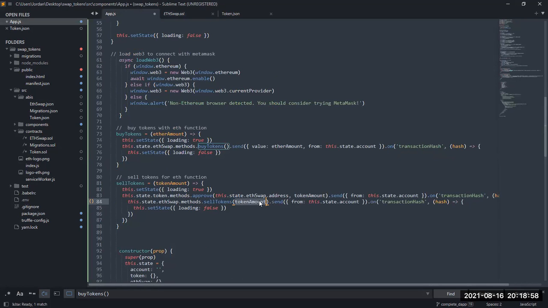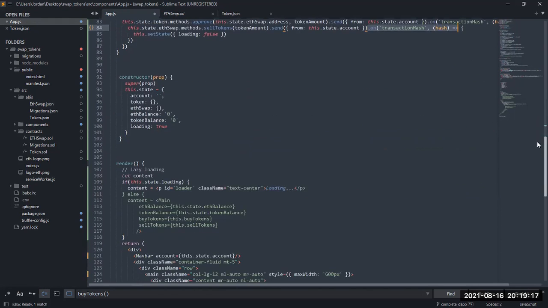Let's say you are selling 10 ADS, and they are coming from your account, and then you sign, or show, the transaction hash. You need to show the transaction hash. Then after doing that, you are passing in all these props here, so that you can be able to display them